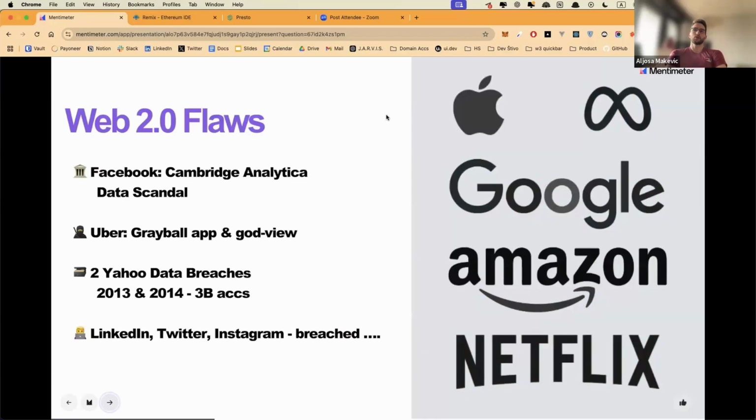conservative speech. We have proof over and over again that they misuse the power they have. So, for example, you probably know about Facebook's Cambridge Analytica data scandal. Facebook sold a huge amount of data to Cambridge Analytica that was involved in creating campaigns in the UK during the whole Brexit situation.